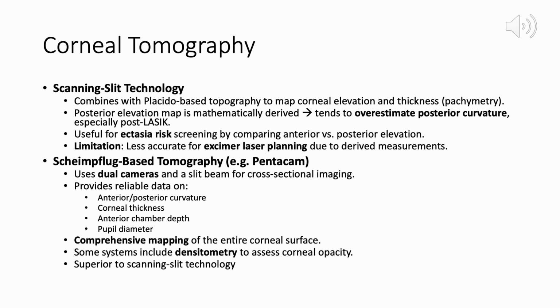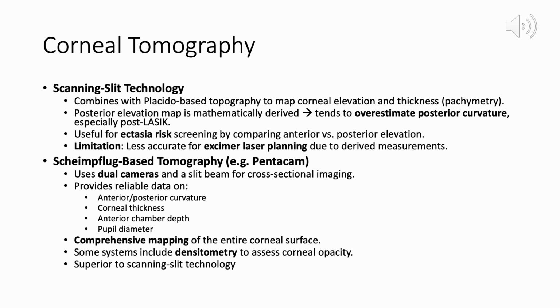Scanning slit systems, like the Orbscan, combine slit imaging with Placido-based topography. They're useful for comparing anterior and posterior elevation, especially in ectasia screening. But because the posterior surface is mathematically derived, these systems tend to overestimate posterior curvature, making them less ideal for precise excimer laser planning. In contrast, Scheimpflug-based systems, such as the Pentacam, use rotating cameras and slit beam imaging to